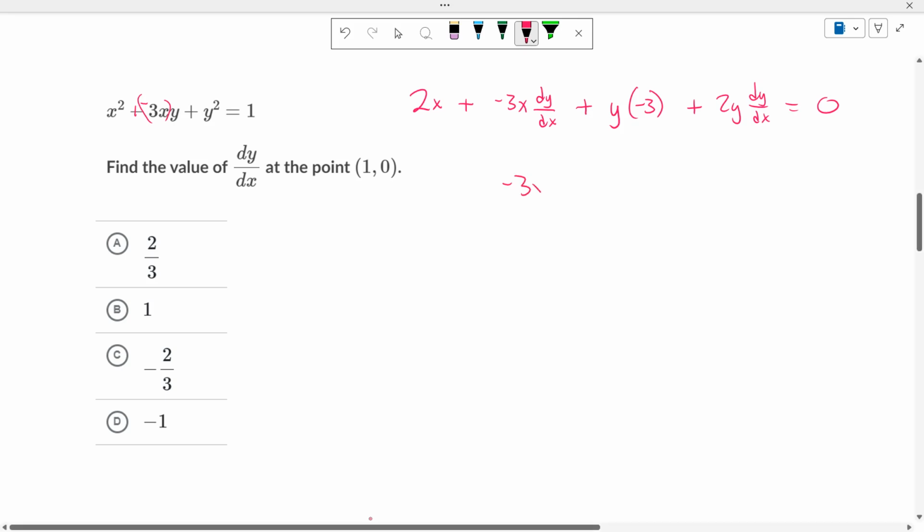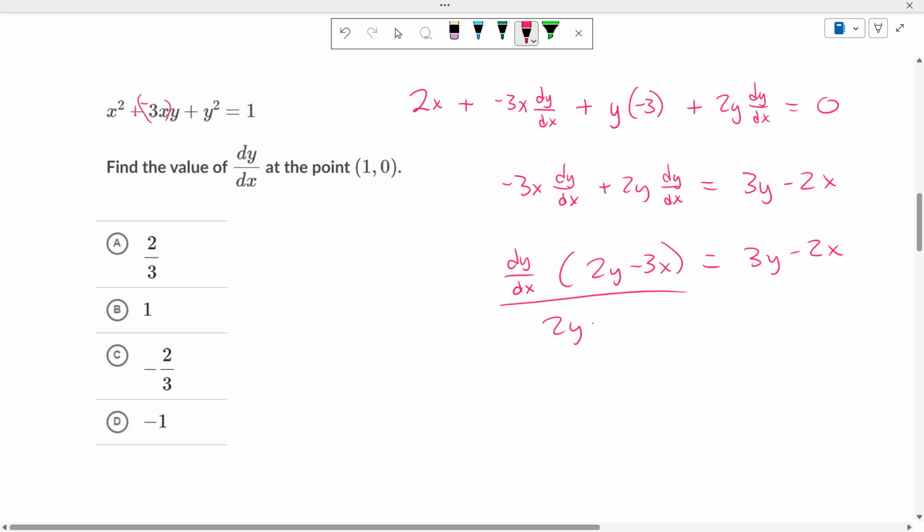So negative 3x dy/dx plus 2y dy/dx equals 3y minus 2x. So dy/dx times (2y minus 3x) equals 3y minus 2x. So if we divide by 2y minus 3x,